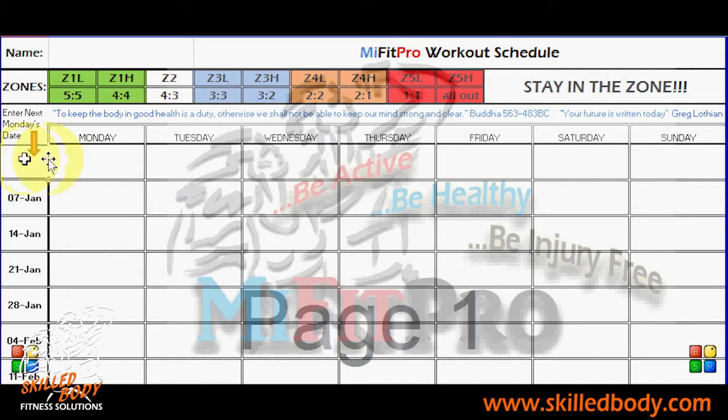So right on the top box here, it says enter next Monday's date. So if next Monday's date is January 7th, 2013, we'll enter that, and what you'll see is the rest of the field will fill out for you. So this is the date of the Monday of each week. So now that you've figured out exactly what weeks you're going to be working, then what I want you to do is in these boxes here, at least temporarily, you're going to add in whether you have activities that are going to take up most of the day where you won't be able to train or stuff that you have